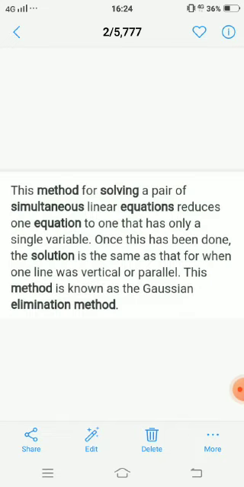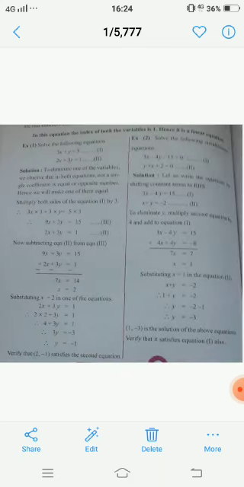To solve simultaneous equations, we use different methods here. So what are those different methods? The elimination method, and another one is the substitution method. But for the elimination method, we have to solve and find the value of one of the variables, then substitute this value in one of the given equations, and find the other value. Now see here, I'll take an example so that the concept of the elimination method will be clear to you.